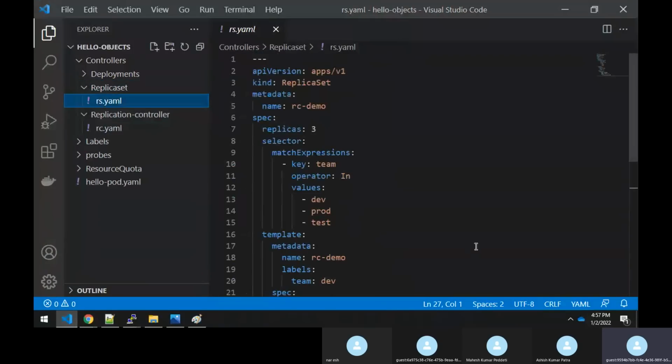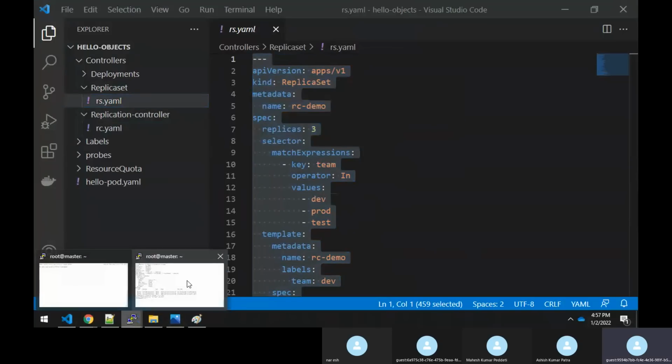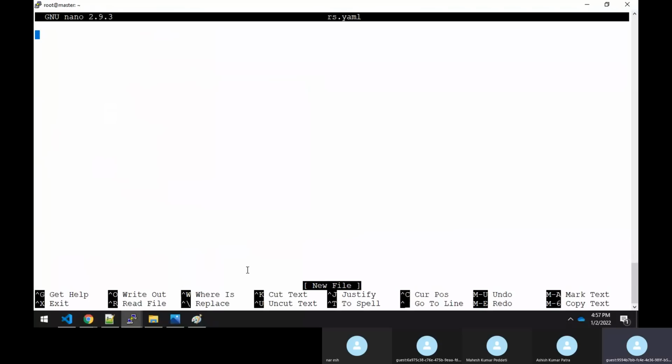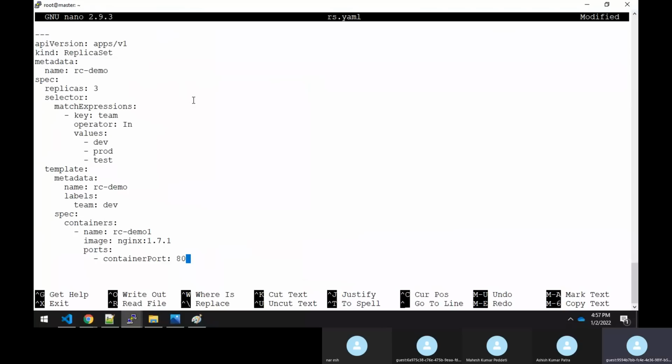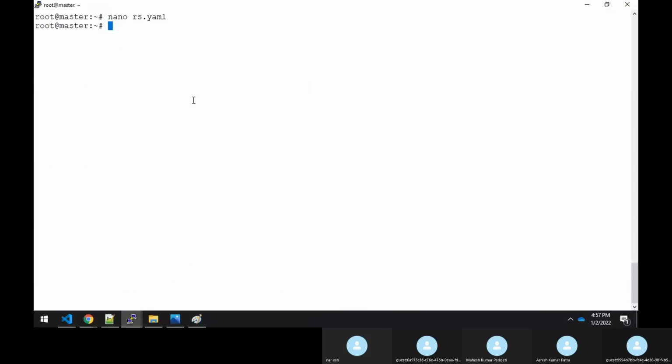I'll copy this file, go here, and say vi replicaset, not a YAML file. Okay, I'll just save this file. Let me open this file now.